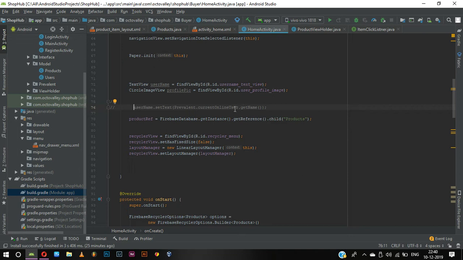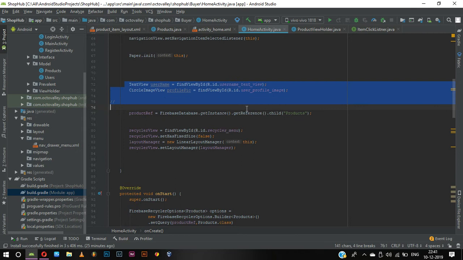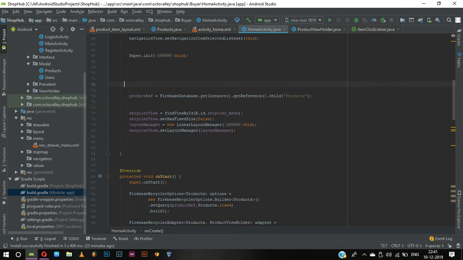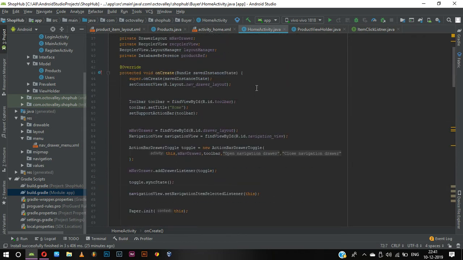Here, if we get the current online user, it is throwing a null pointer exception, so there is nothing in there. What we can do is just delete this line and these two also. And what we can do right now is